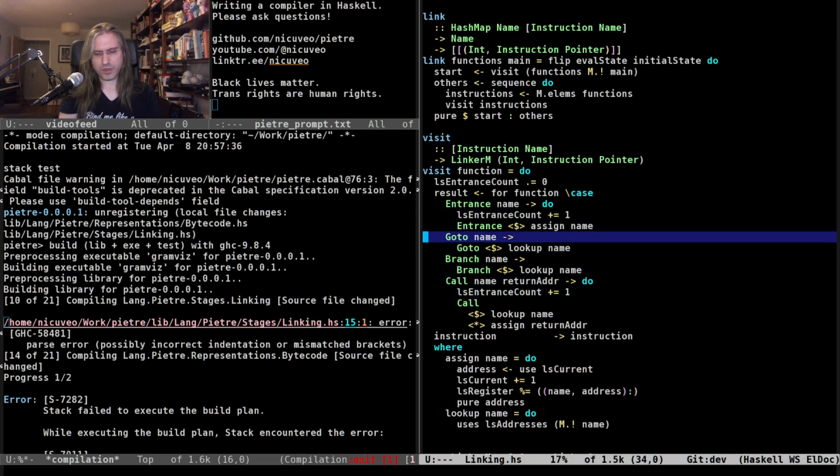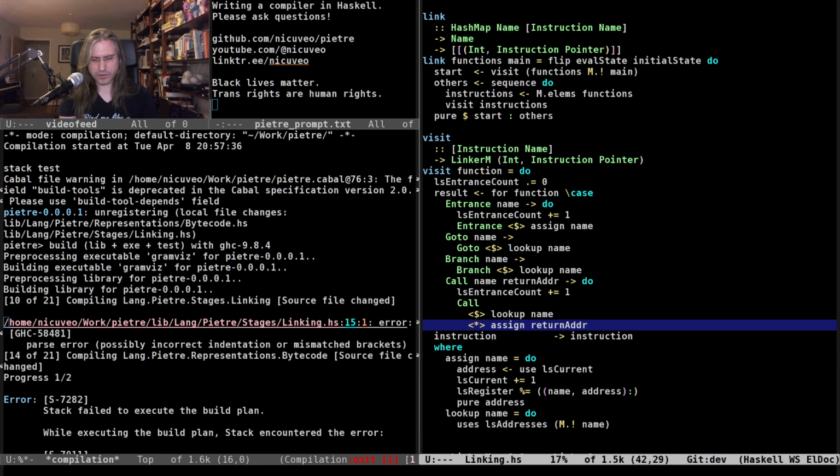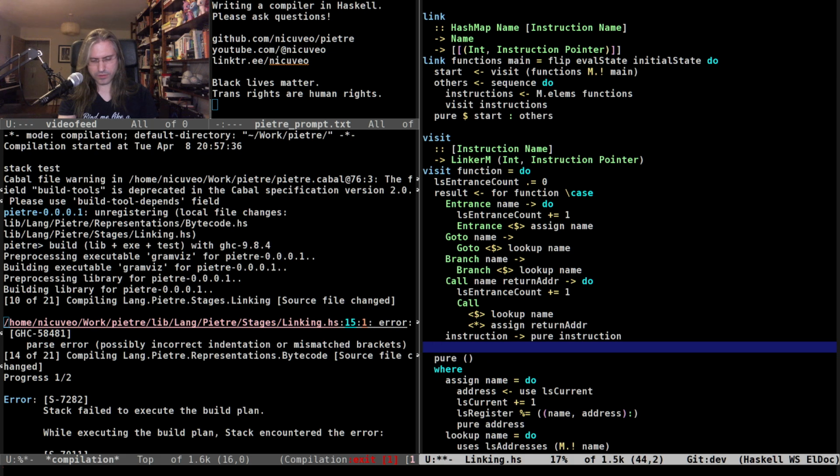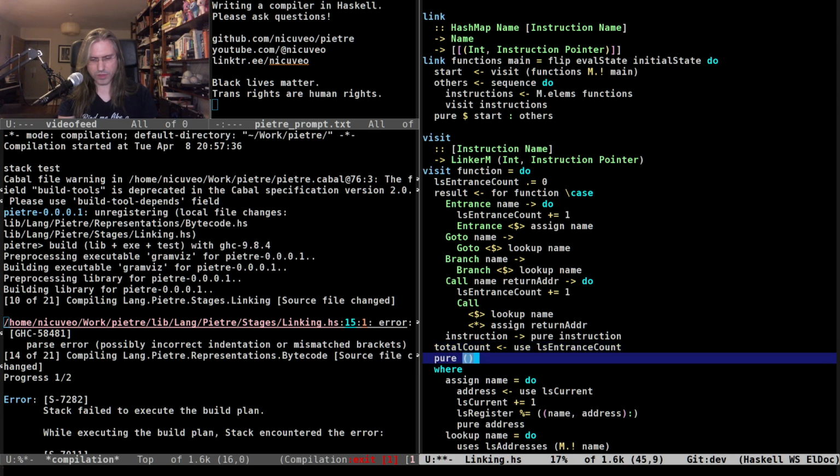Okay. Which means here at the end, an instruction just returns a pure instruction. We don't do anything. And at the end here, I can get and return this total count and the result. There we go.